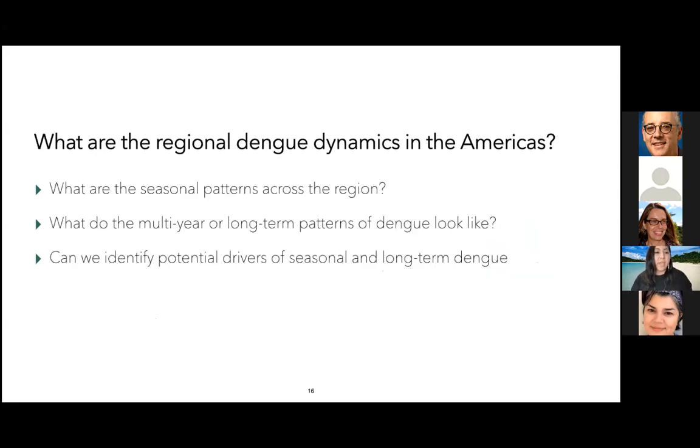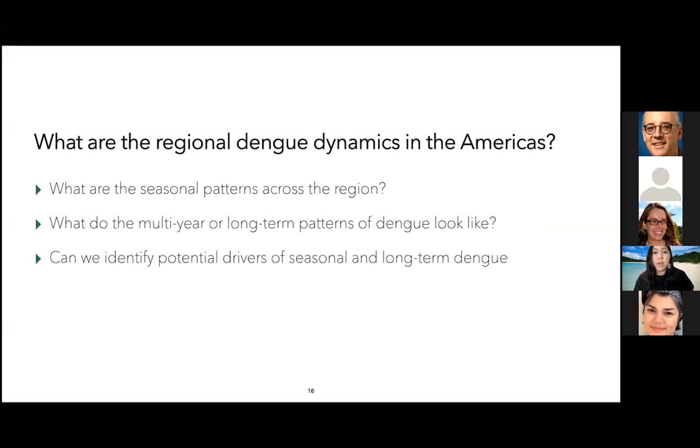So given that a lot of the research that's looked at regional dynamics for dengue has focused on Southeast Asia, one of the questions that we had was: what are the regional dynamics of dengue in the Americas region, especially considering from that map the wide geographical scale where dengue poses frequent risk? And within that, some of the sub-questions we're also interested in looking at are: what are the seasonal